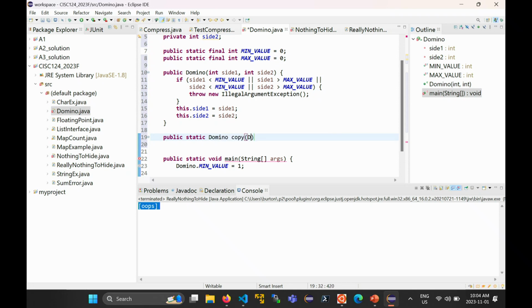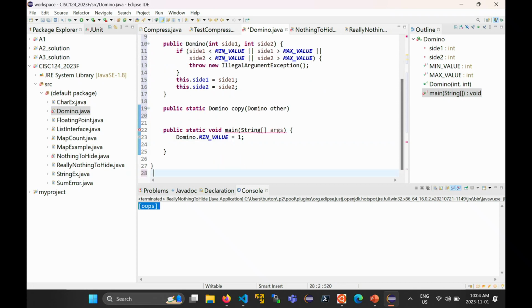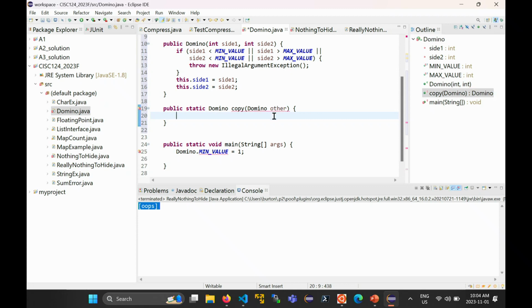Domino copy. Okay, so instead of putting in a copy constructor, I'm going to put in a method that copies another domino. Normally, you would put in a copy constructor, but you could choose to do it this way as well. Now, remember what I told you. Inside of a static method, you cannot use the keyword this, because this is the object that was used to call the method. So in other words, if I write